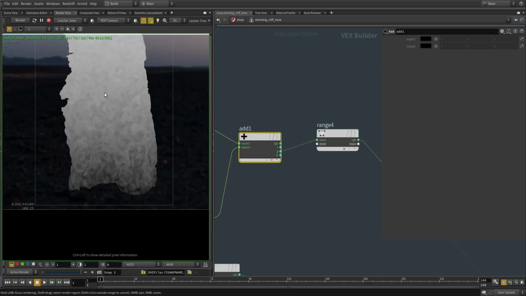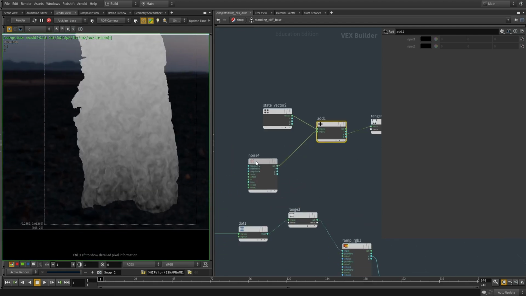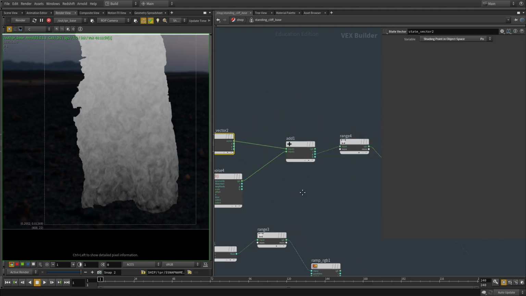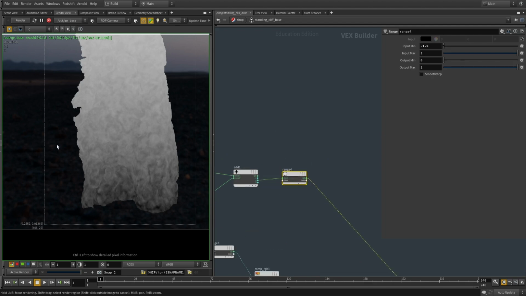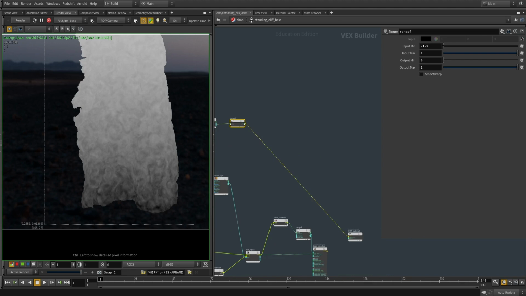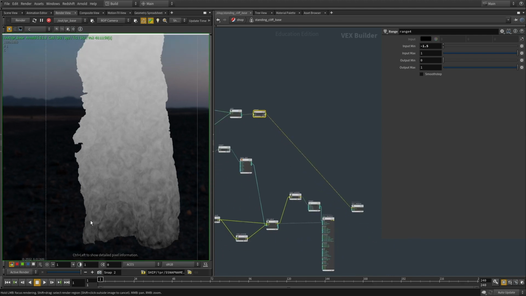Now you can see we're using that noise as well, and this is much cleaner than doing it later, because with the add we're distorting the vectors and then remapping the height, so it's a much cleaner way of doing it. And then all we have to do is remap this a little bit to isolate it to just the bottom part,